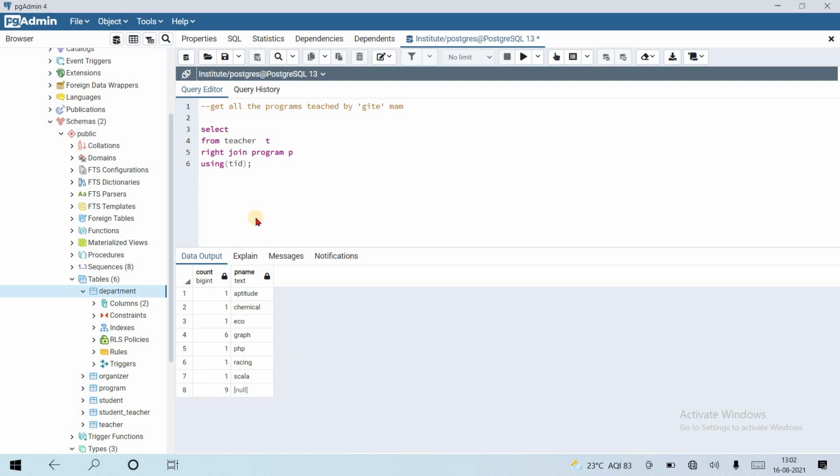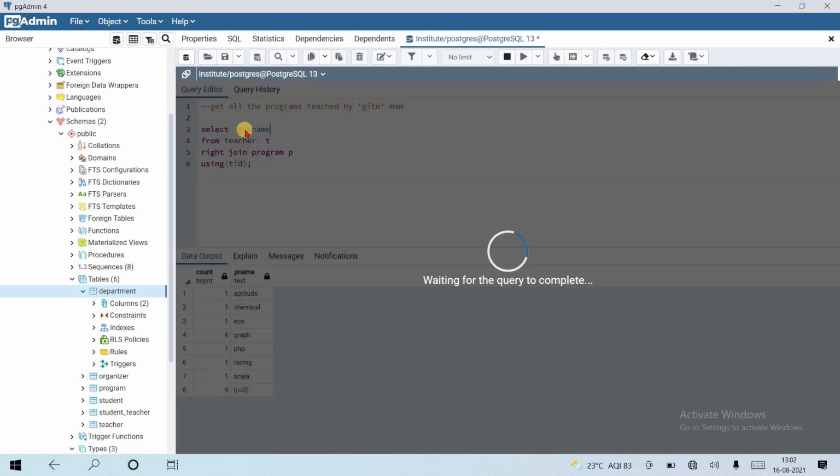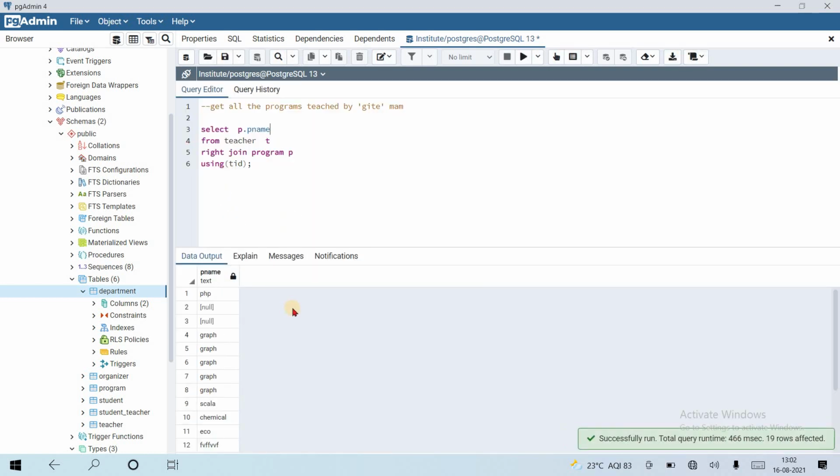That's it. To get all programs, we can use p.pname. Let's run the query. Yeah, it gives me all programs when we are connecting the tables.